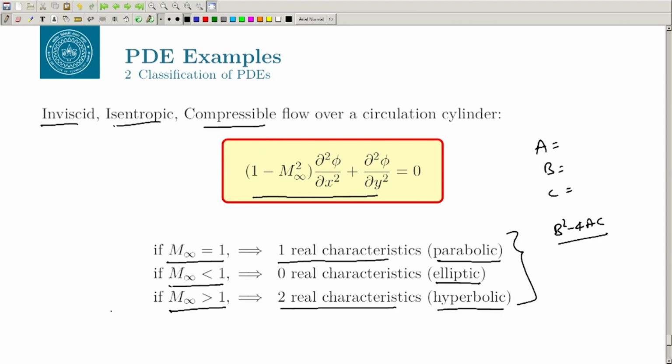So, this is a very useful classification of the PDEs into elliptic, parabolic and hyperbolic, and we will come to this again and again when we talk about the numerical schemes for solving problems related to advection, related to diffusion, and related to advection-diffusion both. With that thought,